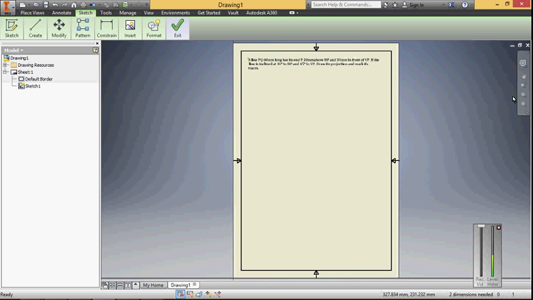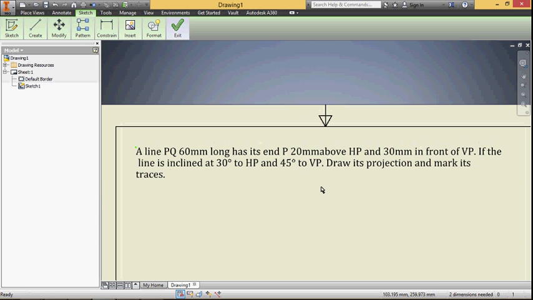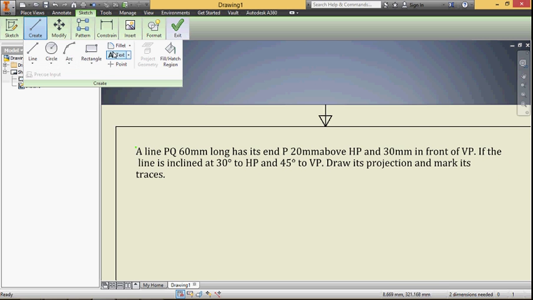The question is, a line PQ 60 millimeter long has its end P 20 millimeter above HP and 30 millimeter in front of VP. If the line is inclined at 30 degree to HP and 45 degree to VP, draw its projections and mark its traces. So the given data are: